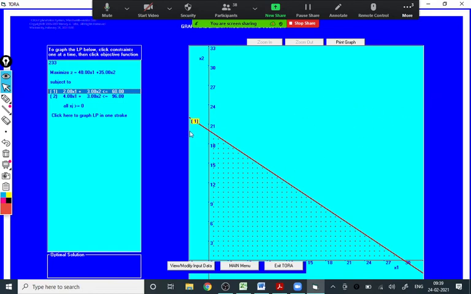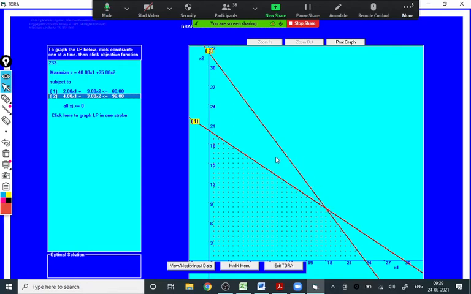That is when we draw 2x1 plus 3x2 less than or equal to 60. Next, if I draw another constraint, you'll observe this region also goes out because it is above the line. Now the dotted region is the feasible region, which has 4 corner points: the origin and these 3 corner points.